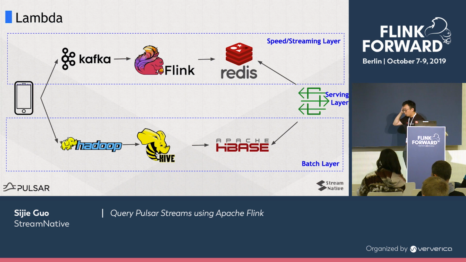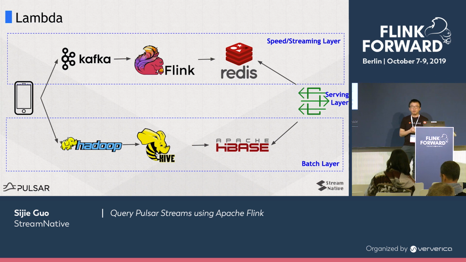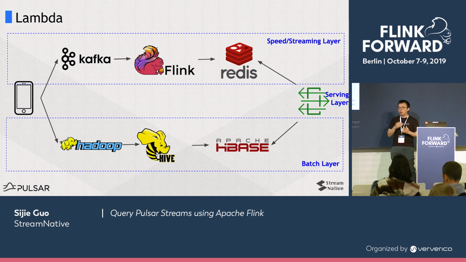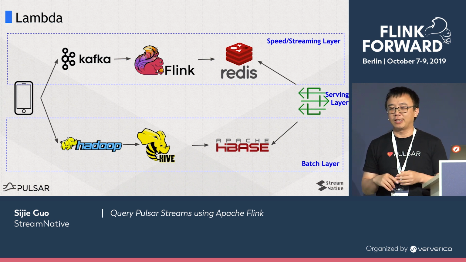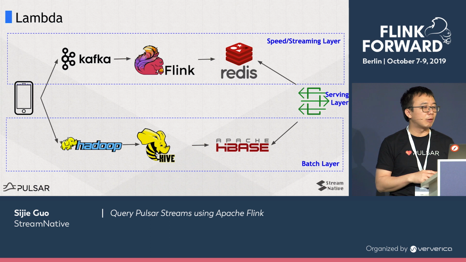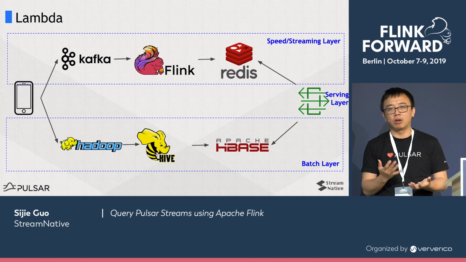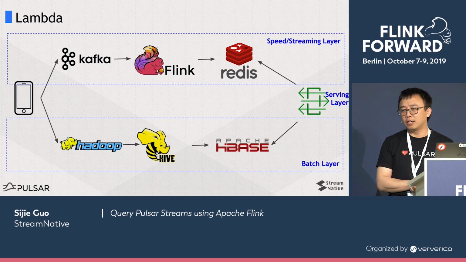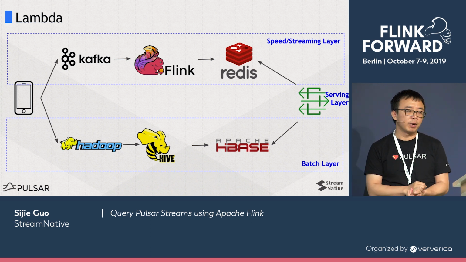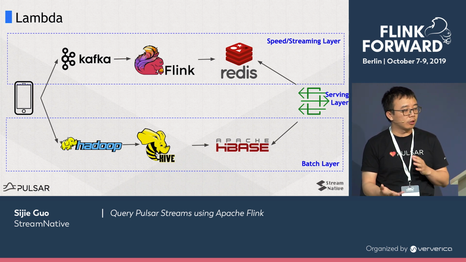So the goal of our integration is to simplify things for people using Pulsar and Flink to build their data processing stack. People probably already know this: for years, the most famous has been the Lambda architecture. You have a speed layer consuming data from a message queue using Flink or any other streaming computing engine, and you have data stored in Hadoop, using Hive or other batch processing engines to process the data in the Hadoop system.